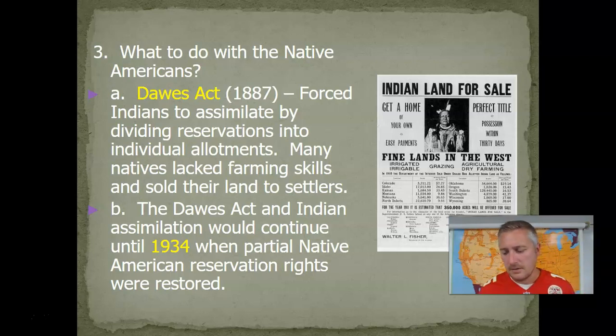And the bigger problem is that you're giving them this land. Sure, on one side you might say, well, at least they're getting land from the government. But the problem is that these are not farmers, and they're not educated in the skills needed to farm. So it'd be like giving me farmland. I wouldn't know what to do. I wouldn't know where to get my seed. It was the same thing for them.